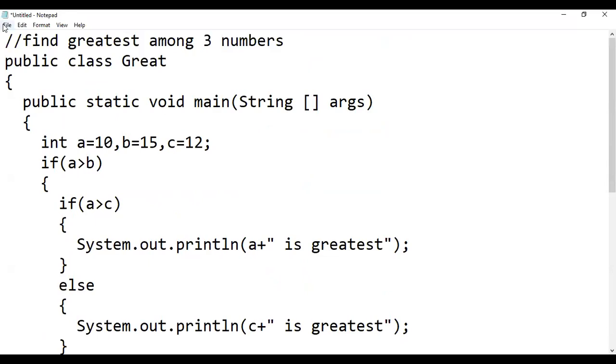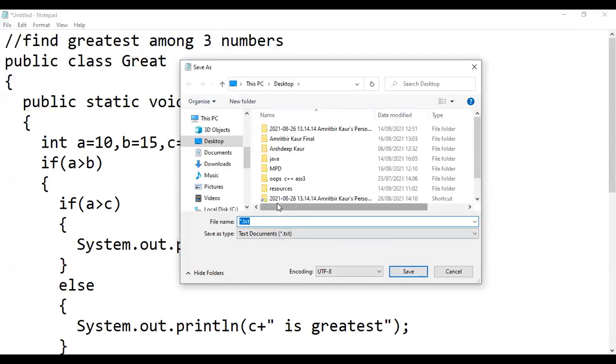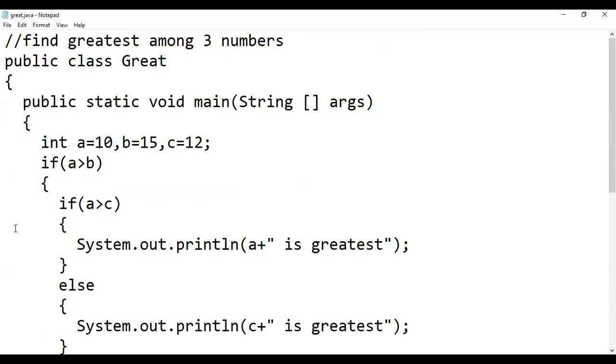Now we will save our program. And firstly, we will compile our program.